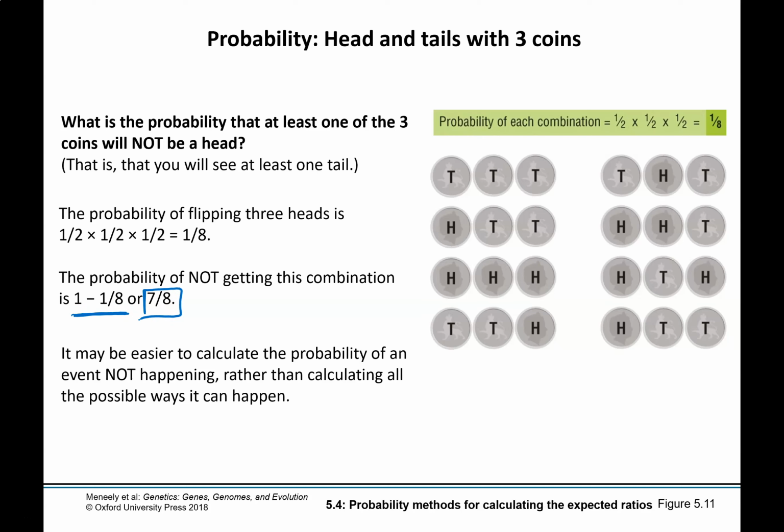So sometimes it's easier to calculate the probability of something not happening than calculating all of the possible ways that it can happen. And you'll just have to evaluate based on the problem. And really, I probably won't ask one quite this complicated. That doesn't mean that it won't pop up in your homework, but just keep in mind that sometimes it's easier, there are fewer calculations, if you do the opposite of what the problem is asking you.